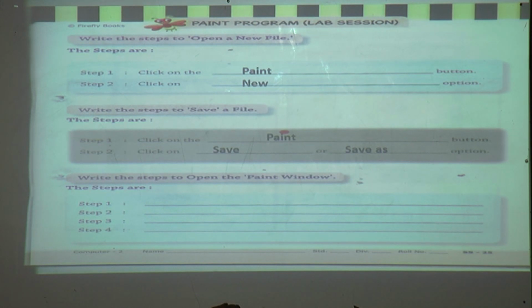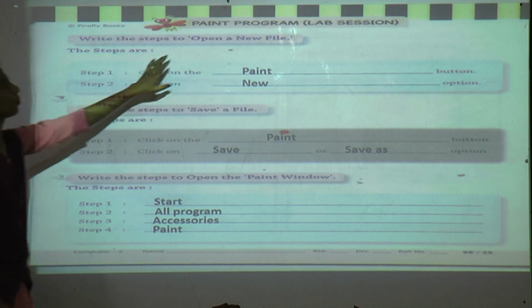And the last one is to write the steps to open the Paint window. First click on the Start button, then All Programs, then Accessories, and then Paint. Clear?